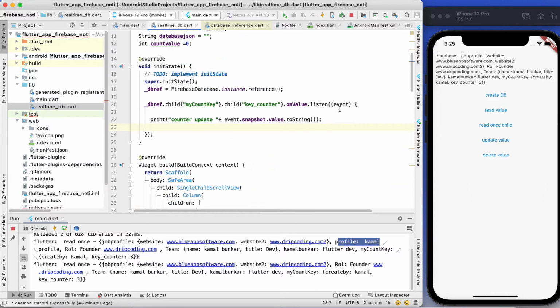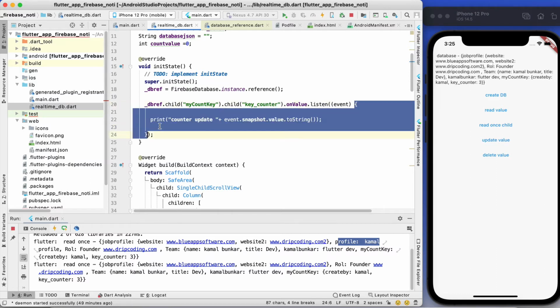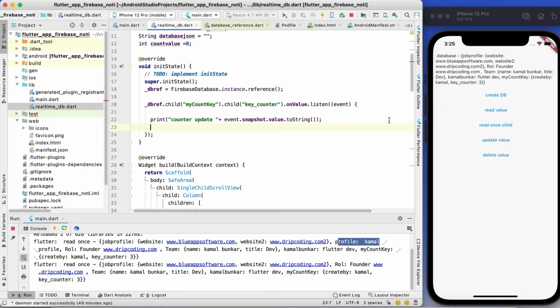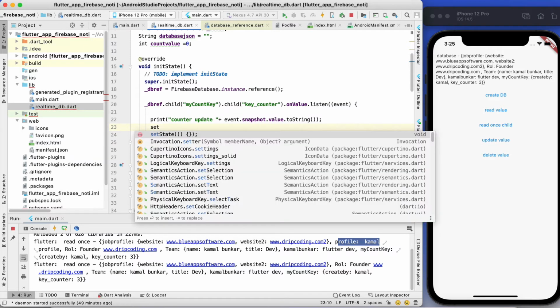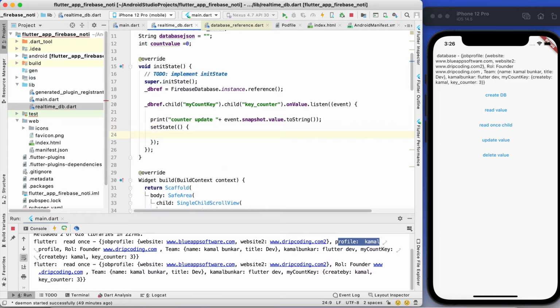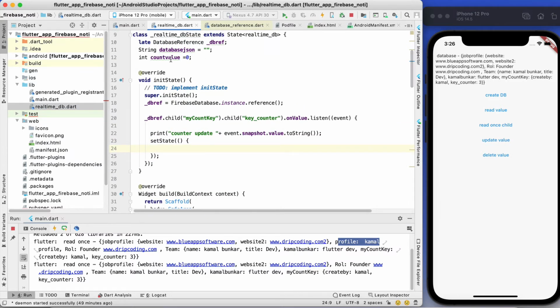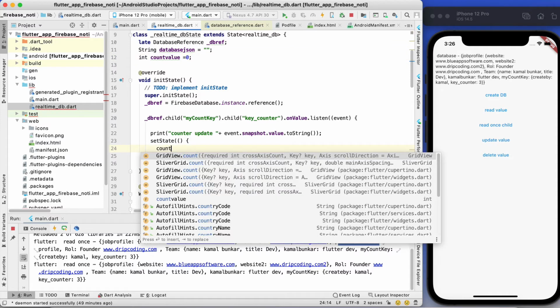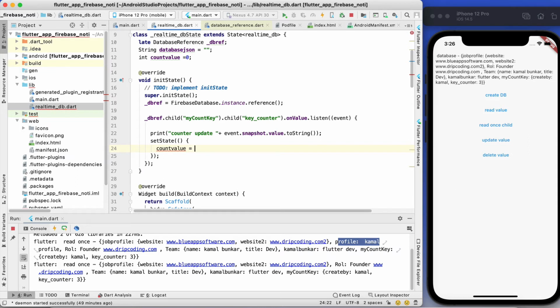So whenever there is any change or update in database for this particular value, then we will update the same thing on UI as well. Whenever we want to update the UI, we use the set state and update the value of this count value. So the count value becomes a new value that we will get from the event. Okay, that's it.